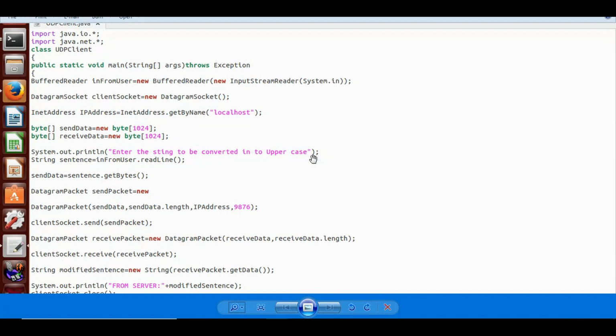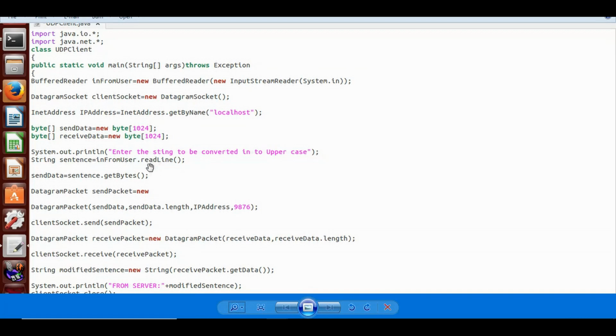The server will convert that to uppercase and send it back to the client, and then the client will print it on the screen. So that is the function that I'm going to implement here.